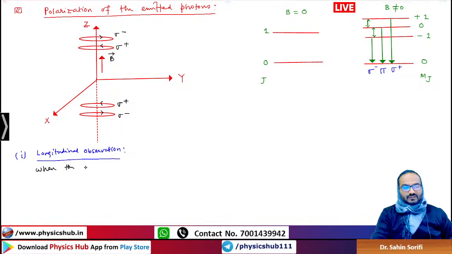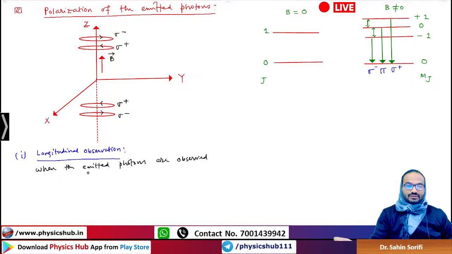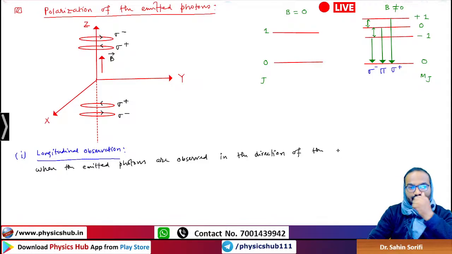When the emitted photons are observed, when you talk about transition, transition means what? Emission of photons, right? When the emitted photons are observed in the direction of the magnetic field,